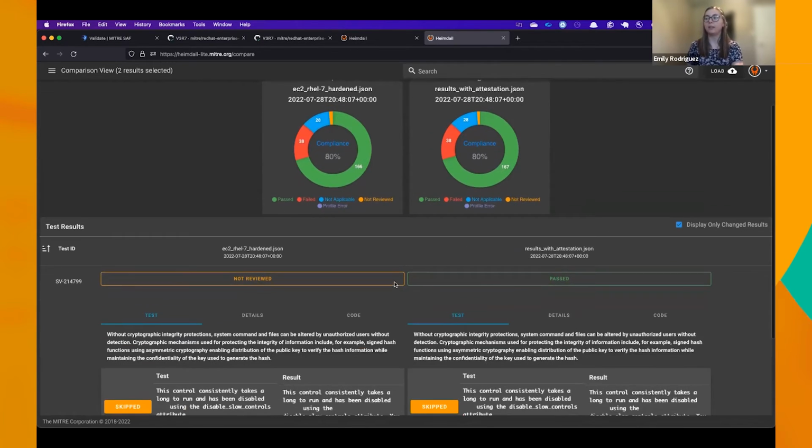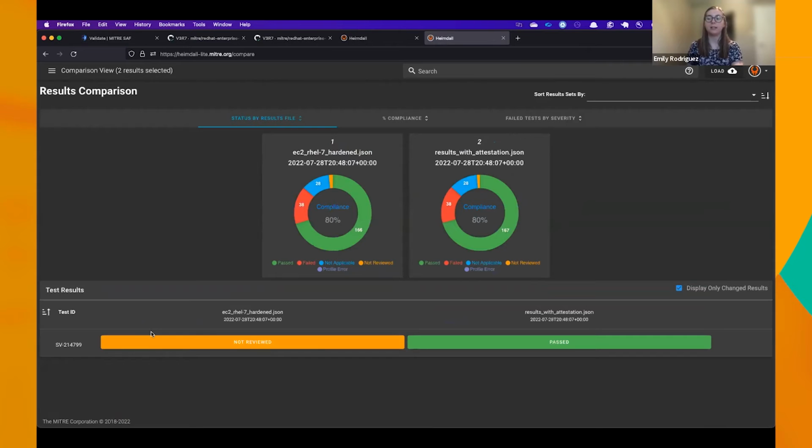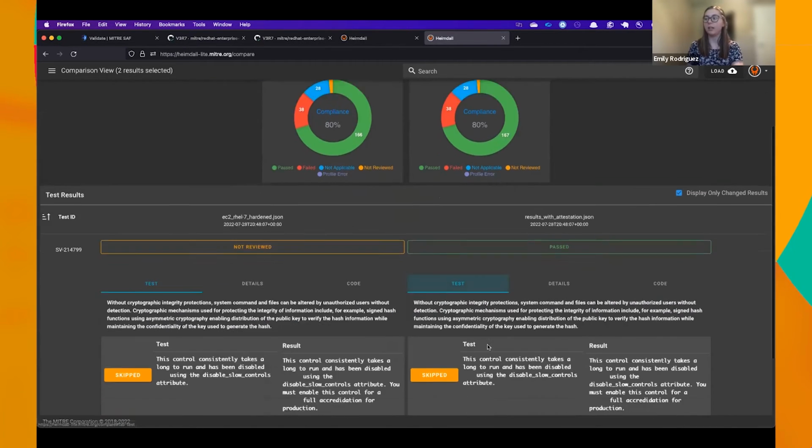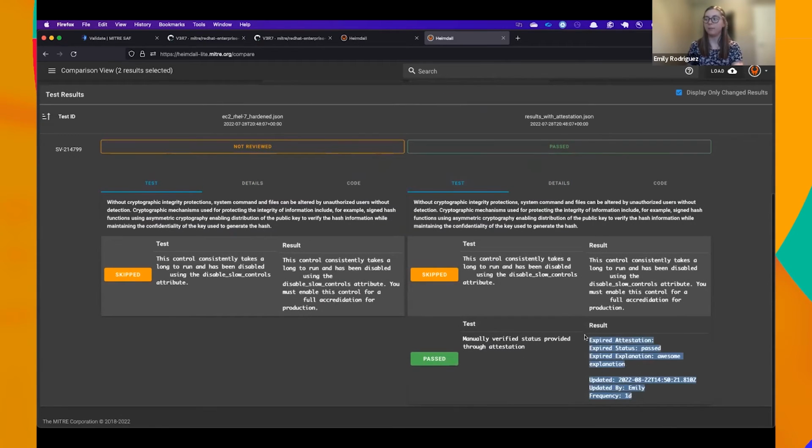And here, if I look at the difference, I can tell that from the first one to the second one, now I'm passing this control, and here's all my content from my manual attestation. So hopefully that's given you a better view on some of the capabilities from the SAF CLI. And now I'll hand it over to Amandeep to discuss a little bit more about our SAF CLI and Heimdall